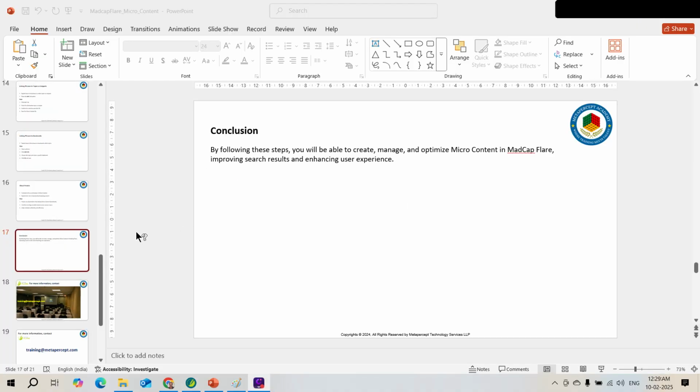I hope you understood what micro content is. What are the 3 methods? Micro content can be used by linking to the topic. Then you can link it to a bookmark, and third, you can edit it in the micro content editor itself. Then we had a demonstration on how to create the links, how to choose a bookmark from the topics, and so on. Finally, we also talked about the knowledge panel and the feature snippet section,